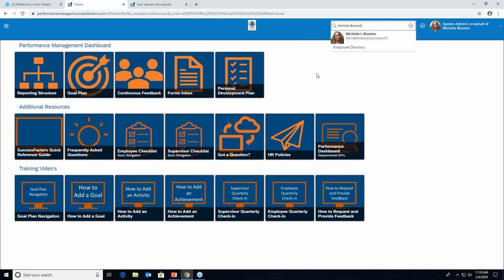Now there are three sections on the home page. You have the performance management dashboard, additional resources, and then training videos. Under the performance management dashboard, we have the reporting structure, the goal plan, continuous feedback, the forms inbox, and the personal development tile. When you click on the reporting structure,